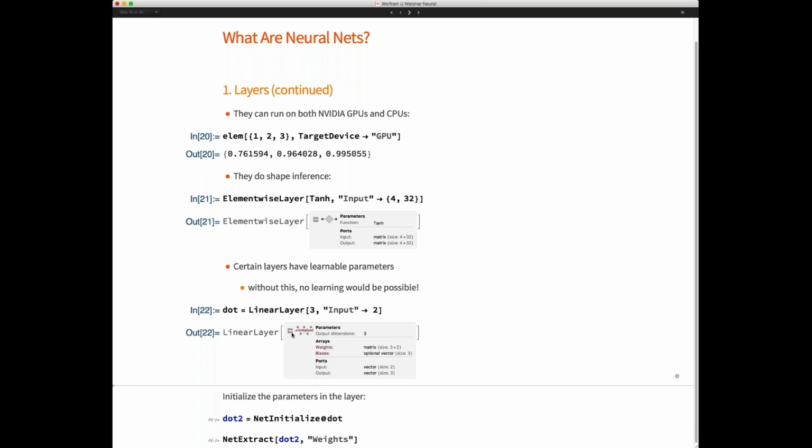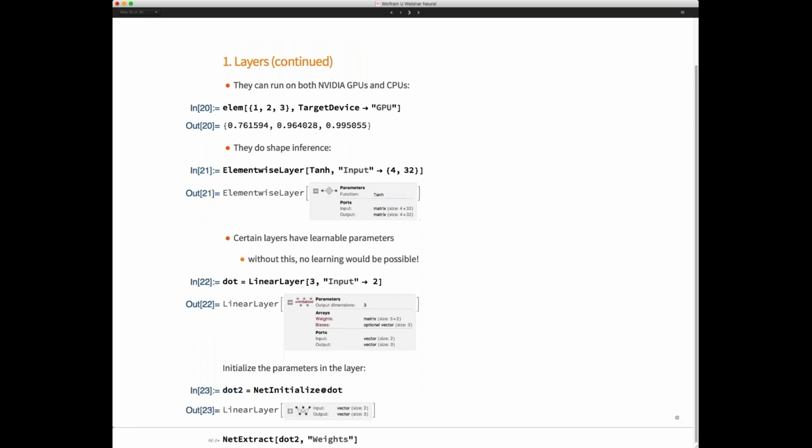So in the beginning, they don't have any values, right? They're not defined. And if you try to extract the values, then it'll just say automatic. But there's a function called NetInitialize, which allows you to initialize these weights and biases to some random values. And that's the general philosophy with neural networks, that before training, you need to randomly initialize them to something